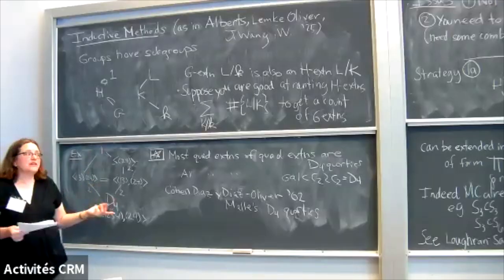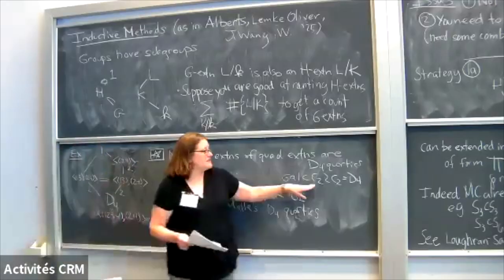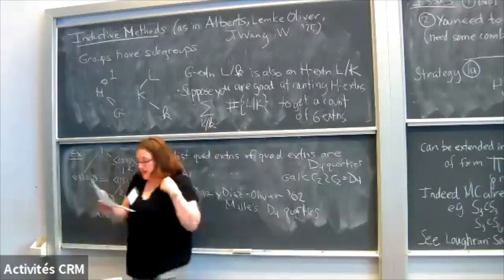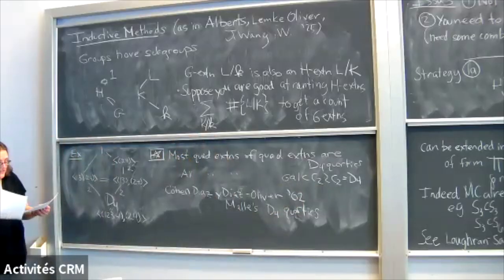But I want to particularly mention Jürgen Klüners' work on counting wreath products of quadratic extensions of other fields, so C2 wreath B. In our paper, we do some wreath product counting, and